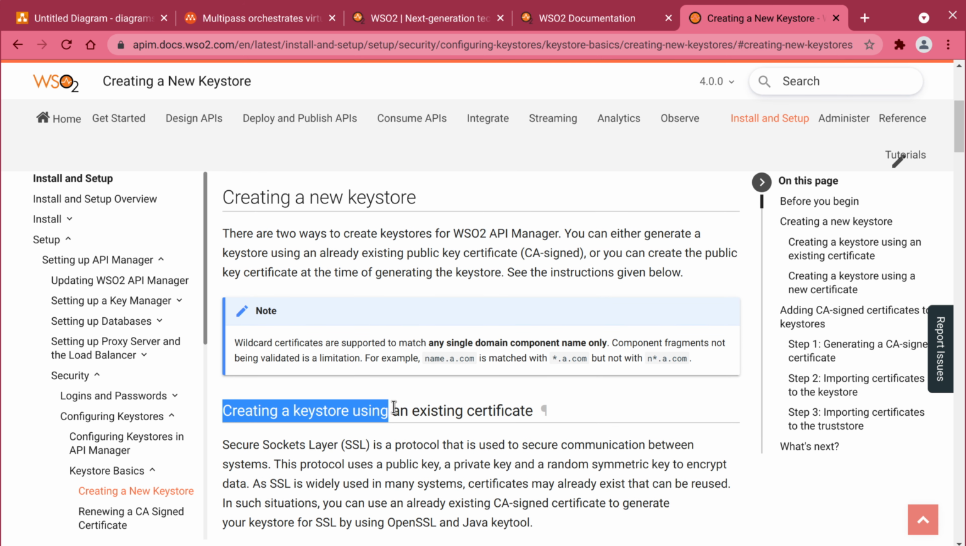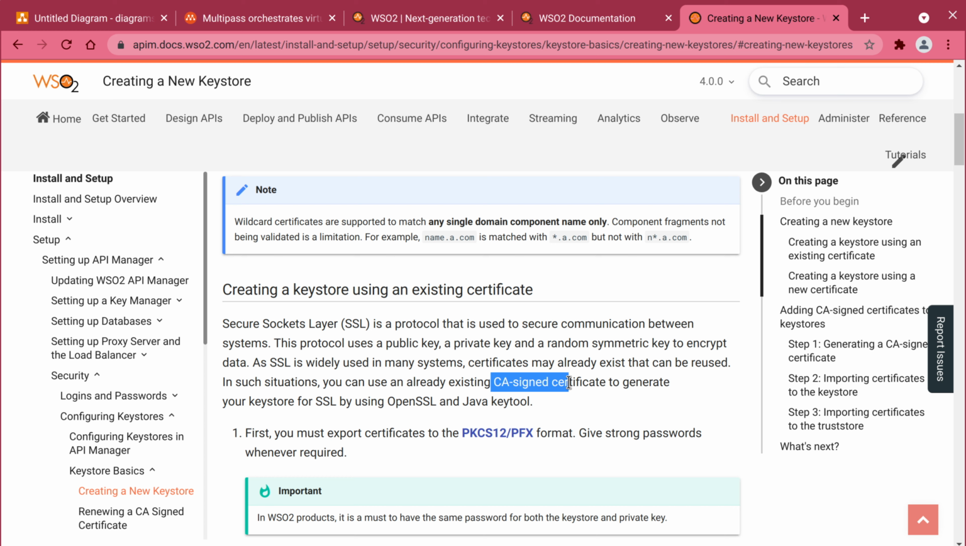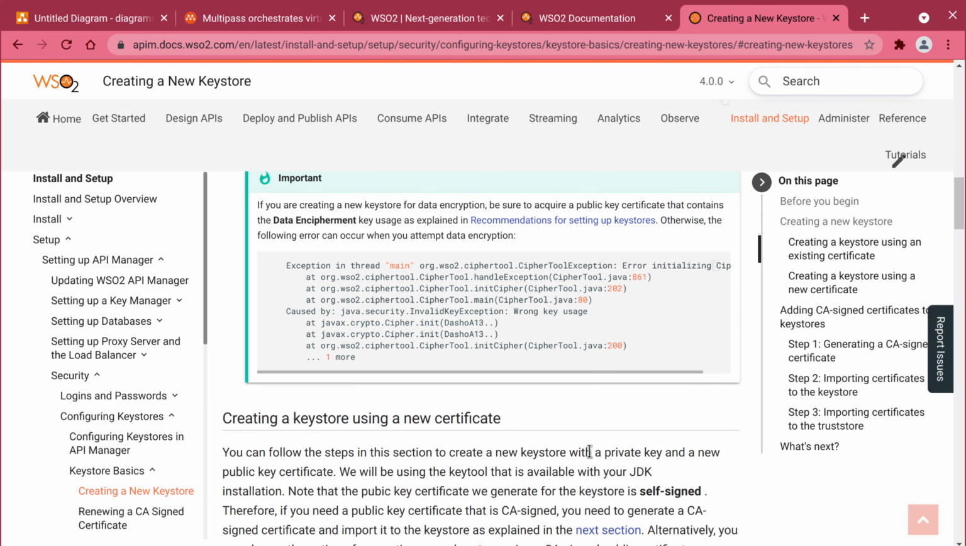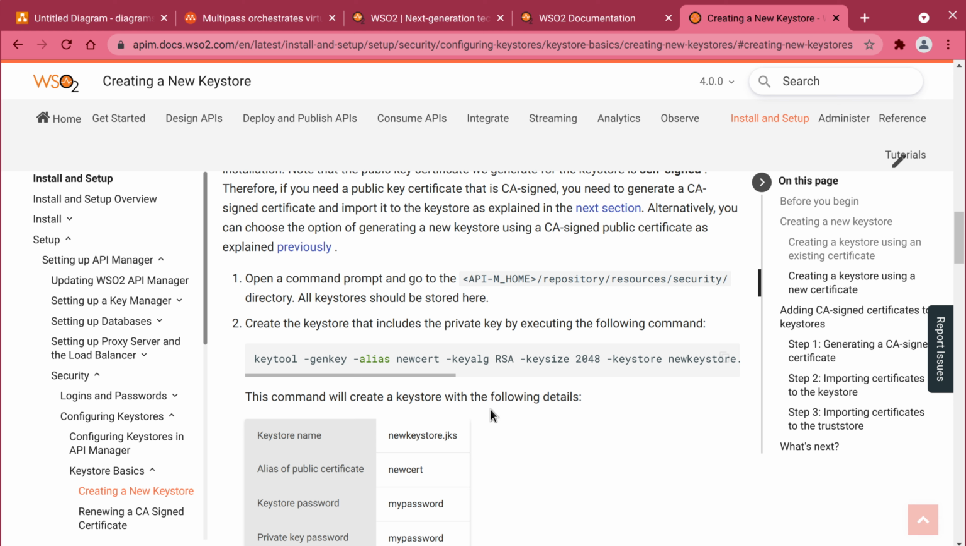So the first one says creating a keystore using an existing certificate, an existing CA-signed certificate, which is not what we want. We want to create a new self-signed certificate with a new keystore, and this option is what we want. It says to go to the repository resources security folder first and then generate the keystore. So let's copy this command and head over to the terminal,